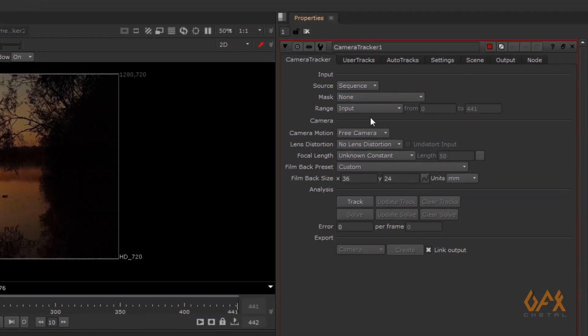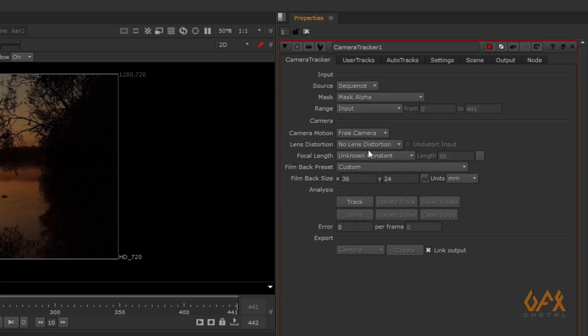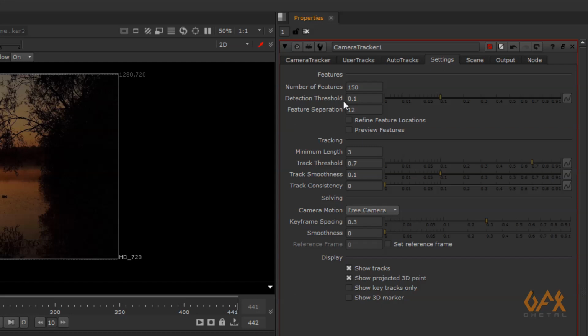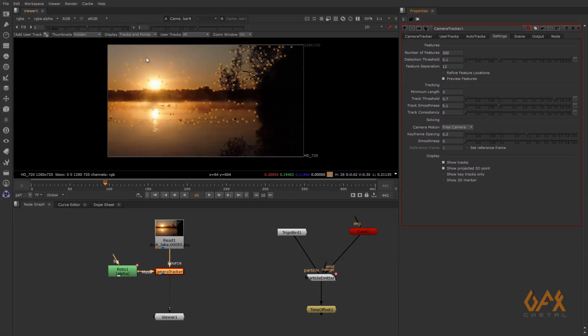In camera tracker I prefer that go to mask and set mask alpha. Over here in settings I just increase my number of features and I click over here preview features. So this is my features.